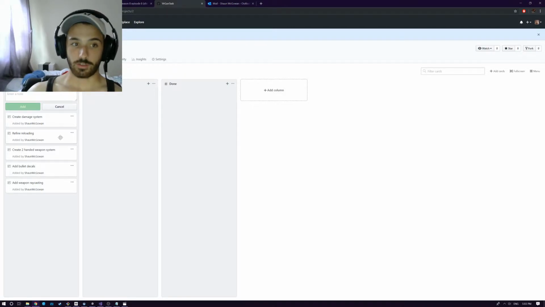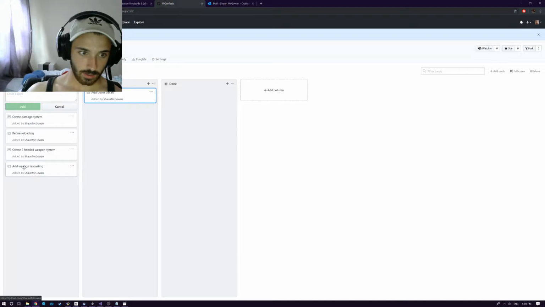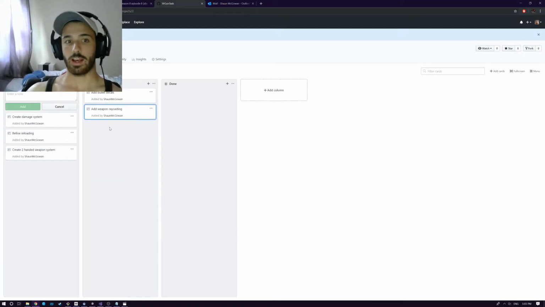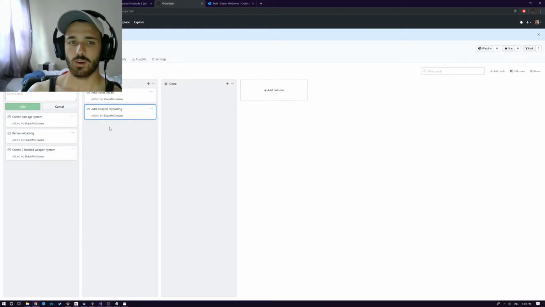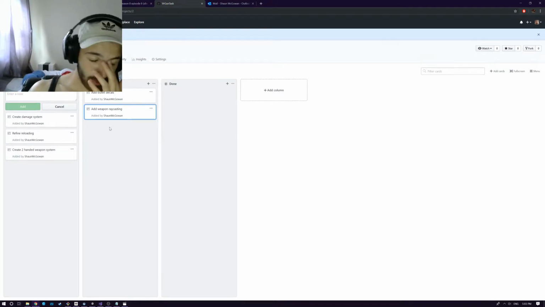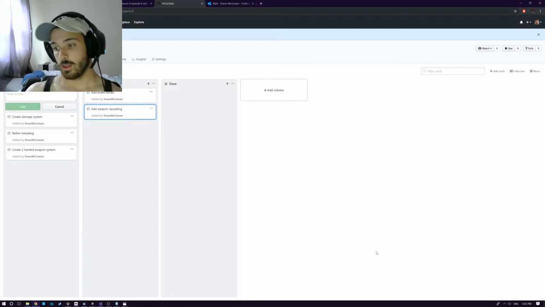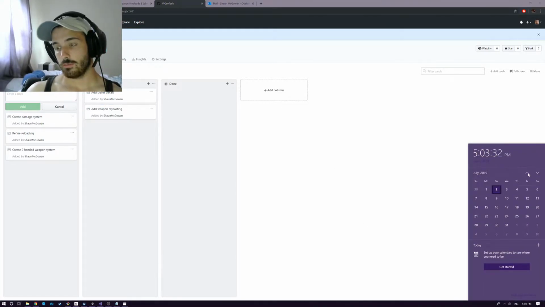So my to-do list for today is going to be adding the raycasting. Weapons don't even raycast. You shoot the pistol, it doesn't do anything. It just does all the sound effects and smoke, but it's pointless. So I'm just going to have it raycast, and then we're going to add the bullet decals. So it's going to shoot, and the bullet decal is going to go where it raycast. Pretty simple. I can probably do that in an hour or two, which is why I chose those as my task today. It'll get me back into working on this.